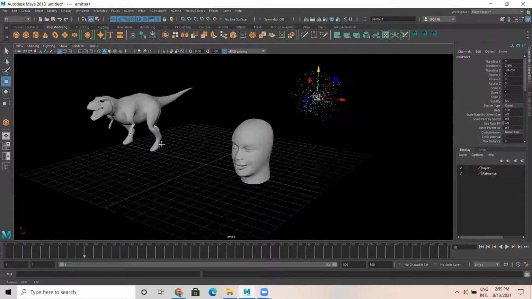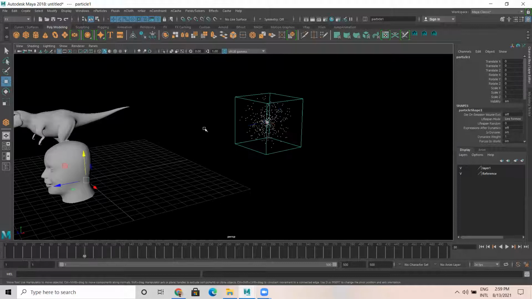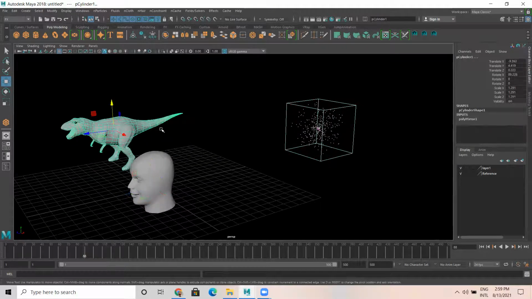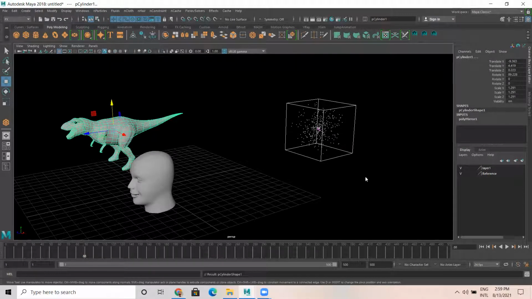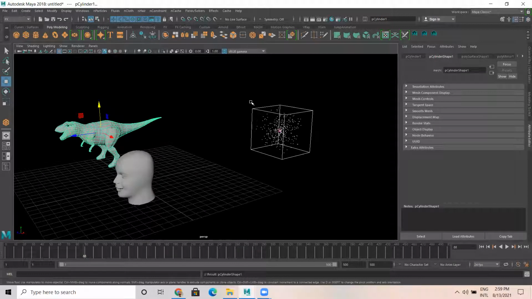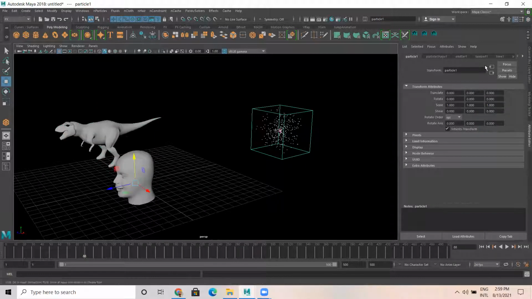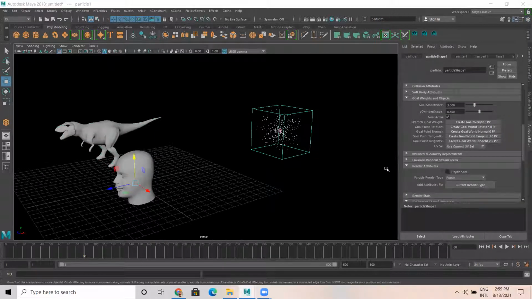So what I'm doing is I'm selecting this first particle, select the particle and select this object. I give goal. Okay. Then I'll go to attribute. I select this particular particle, go to particle shape. This is the key one. You can see polycylinder shape.